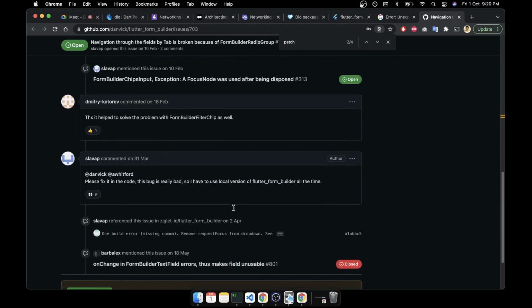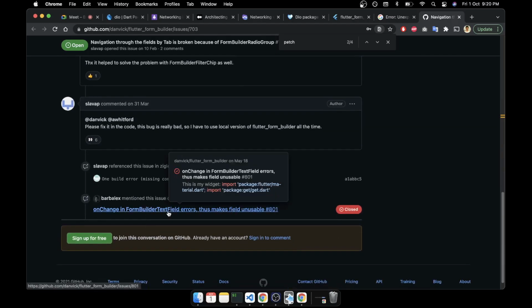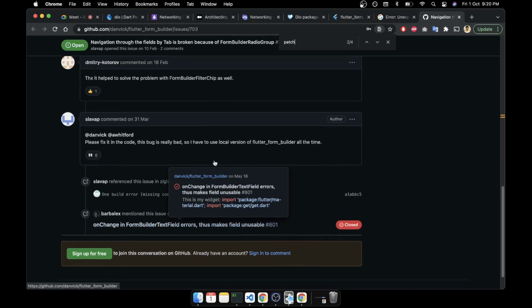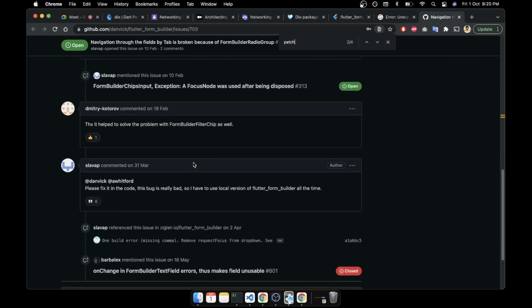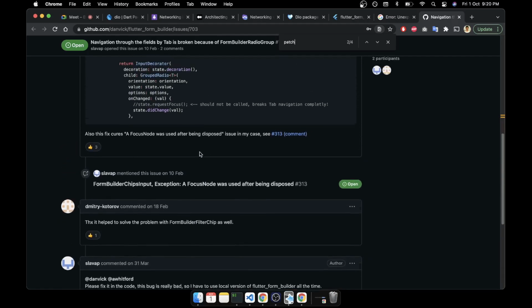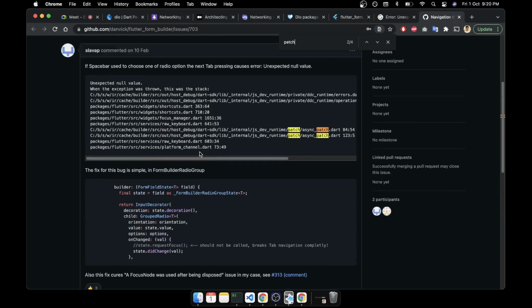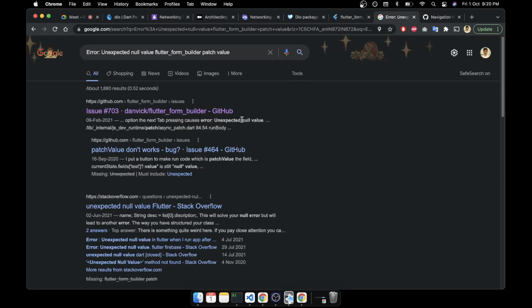Okay, focus node, as displayed on change, form builder explain error. This makes it unusable. Thanks, it fixed to solve this problem with the form builder chip as well. Exception was disposed. Okay, but what we are trying to look at is something different.